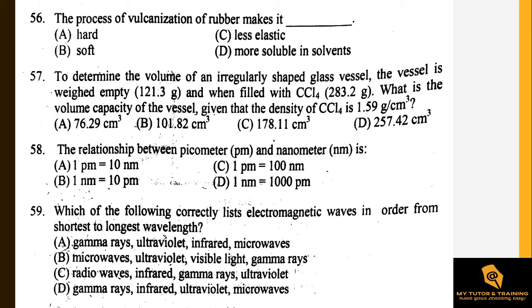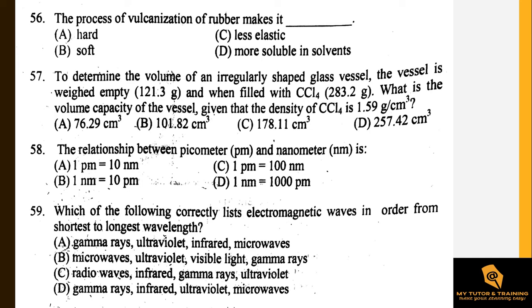Question number 57: to determine the volume of an irregularly shaped glass vessel the vessel is weighed empty, 121.3 gram, and when filled with CCl4 carbon tetrachloride it is 283.2 gram. What is the volume capacity of the vessel given the density of... በጣም የሚገርማችሁ ነገር፣ ይሄንን አራት አምስት መስመር ዝም ብሎ ሲሄድ ከባድ ያገኝ ያደረገ ይመስላል ግን ምንም የሚከብድ ነገር የለም።